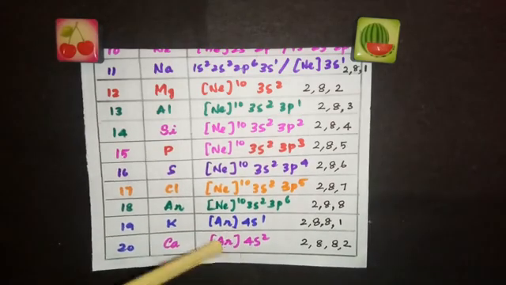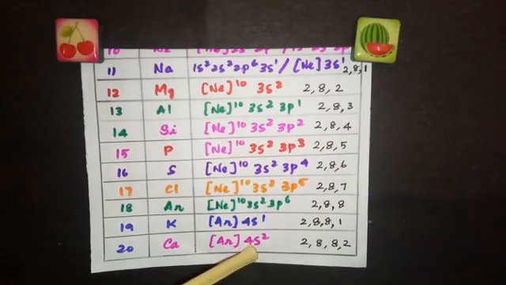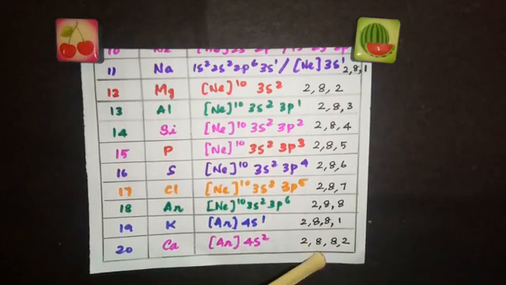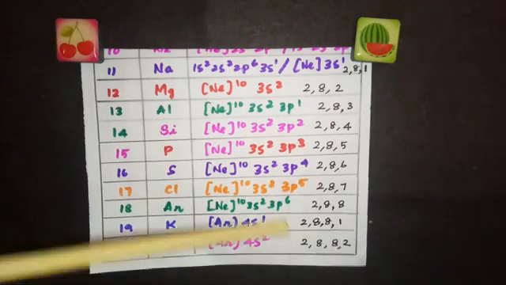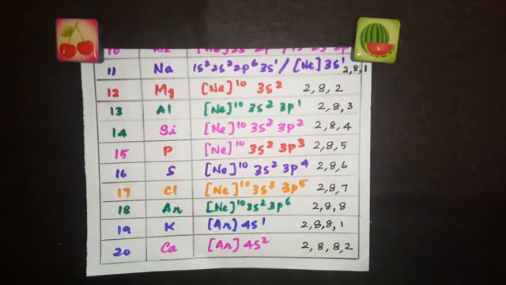So 18 is represented by argon and the 2 electrons in 4s2. So 2, 8, 8, 2. Some will get a doubt here because we have seen, based on the formula 2n squared, how many electrons can be in the K shell? 2 electrons, L 8 electrons and M 18 electrons. And then in N you can have 32 electrons.